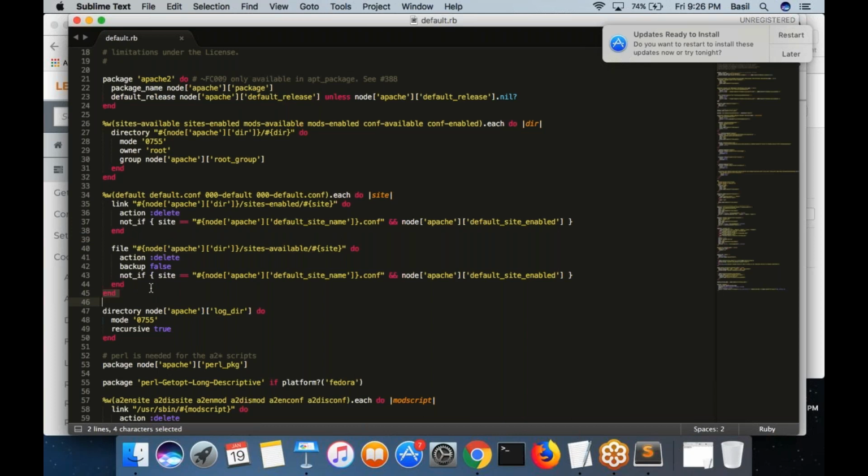What I'm going to do: if there is any link or any file inside your sites-enabled folder or sites-available folder, I want to delete them. If you find any of these files, delete those files. That's what you want to do. It can be a shortcut or link, or it can be a file. Whatever it is, you want to delete it.